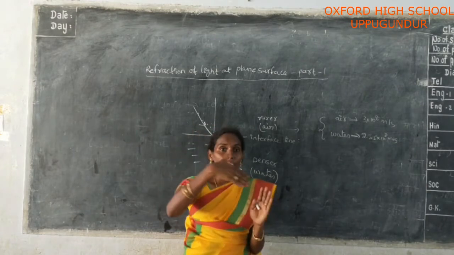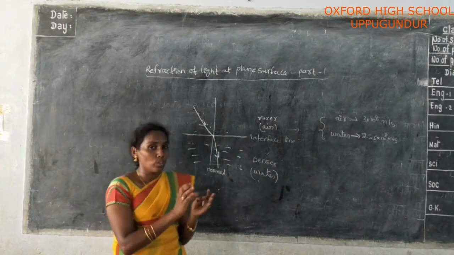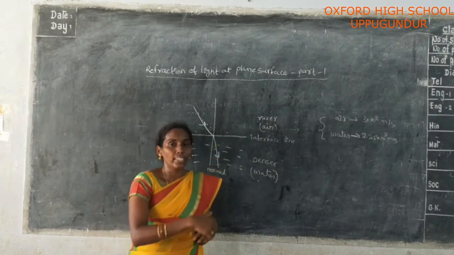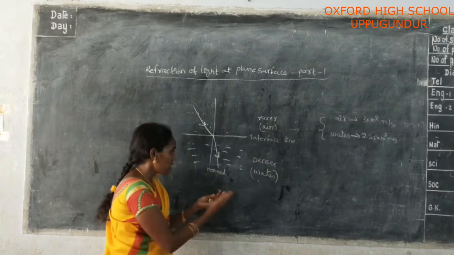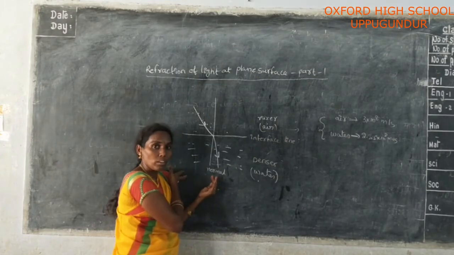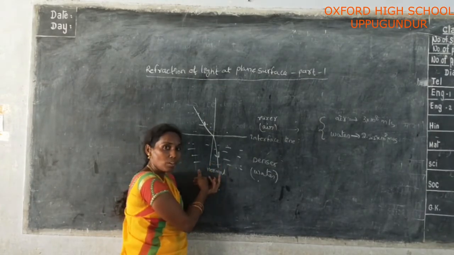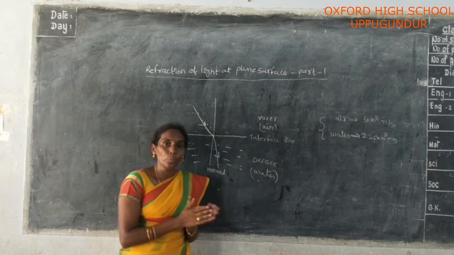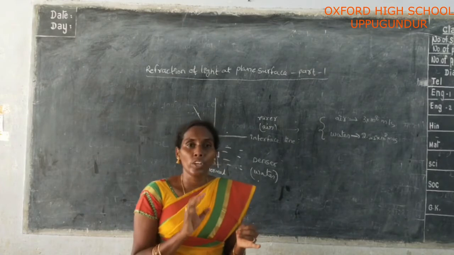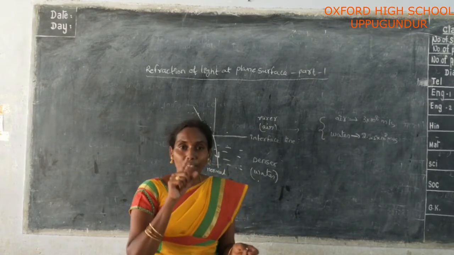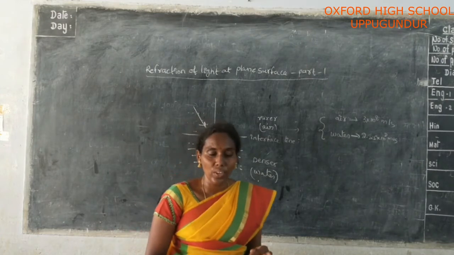When the light ray travels from air to water, the water molecules oppose the flow of light. That's why the light travels towards the normal. The light ray bends towards the normal or deviates from its position. That means when the light ray travels from one medium to another medium, the first change is the change in wavelength.